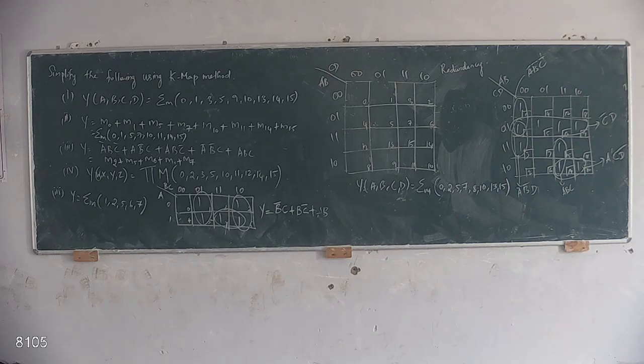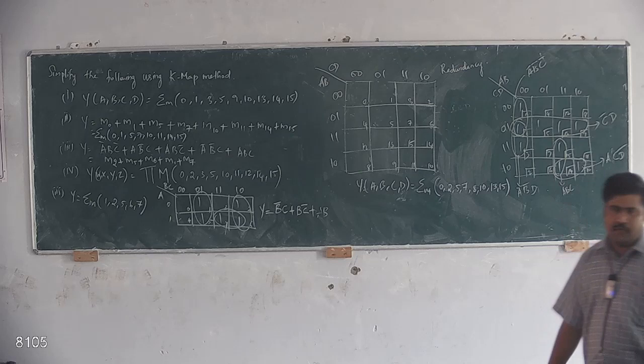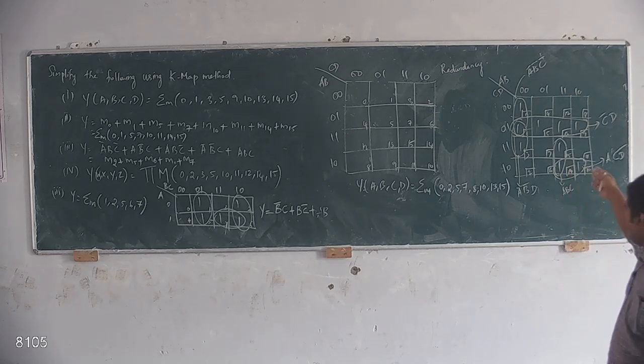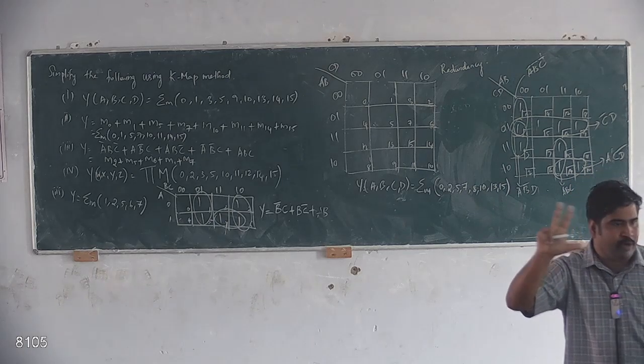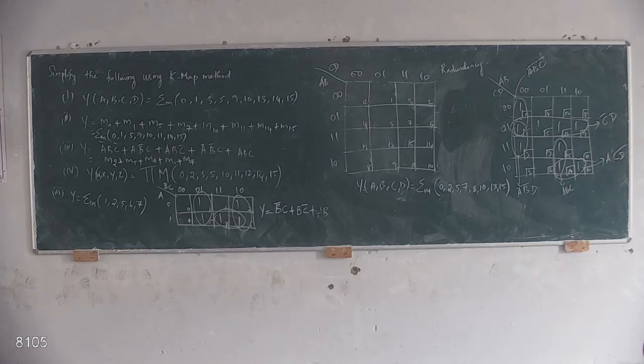If you are drawing the 4 variable K map and placing ones in the corresponding K map boxes, you will get 5 marks for that. For the box, it will carry 4 marks, and if you are correctly placing the values, you will get another 1 mark. So if it is an 8 mark problem, you will easily get 5 marks. The only thing you need to do is combine. Now place the 1 values inside the boxes.